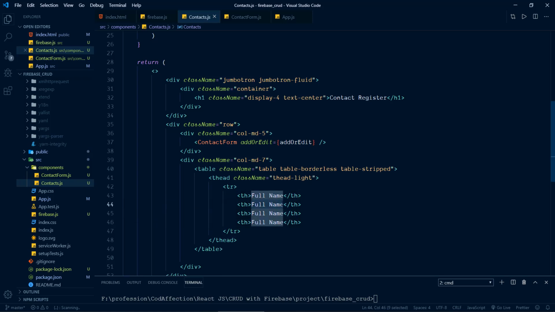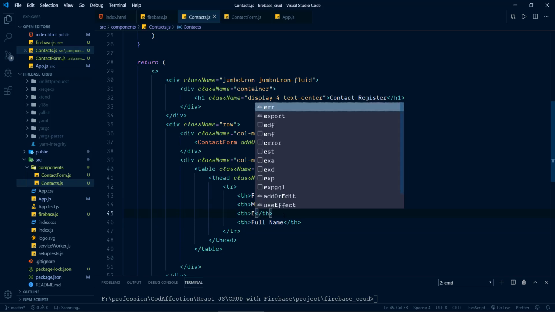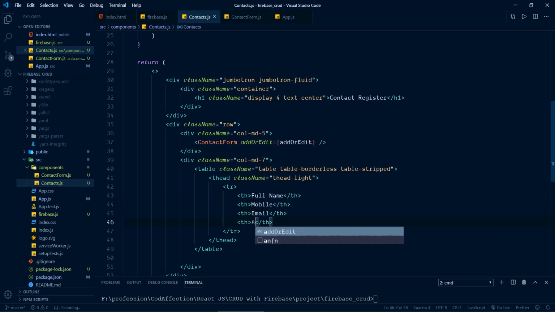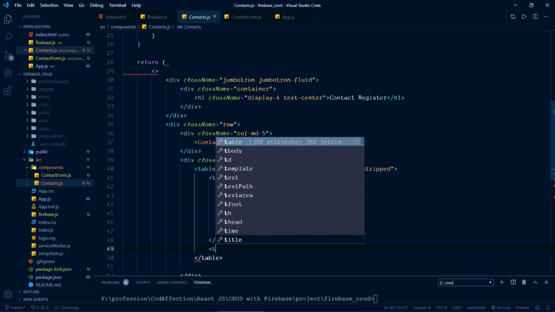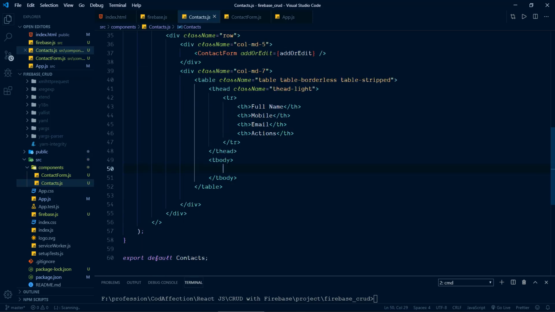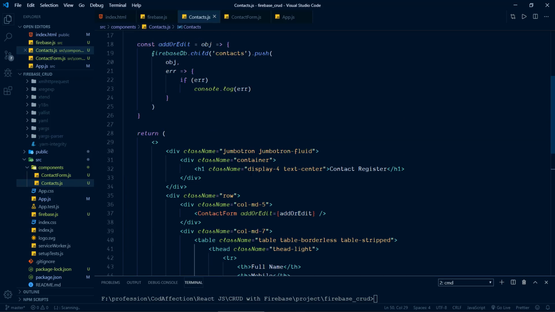This is for mobile, email, and inside the last column we can have buttons for delete and edit operations. And here we have the tbody. Inside the tbody, we have to have a tr element for each of the objects inside this